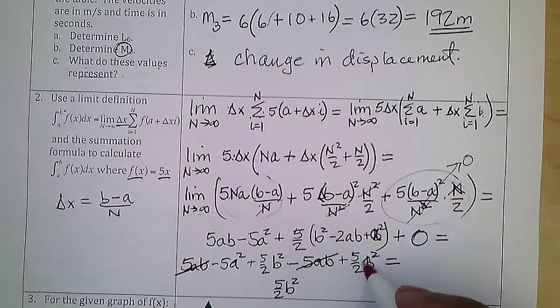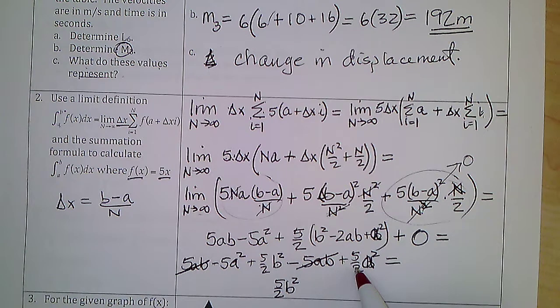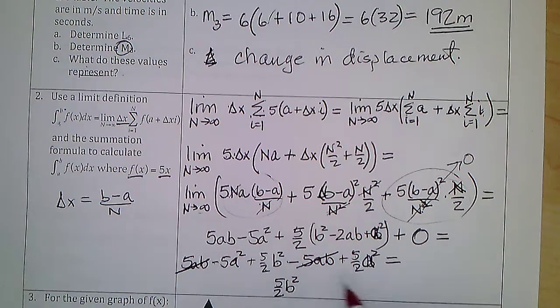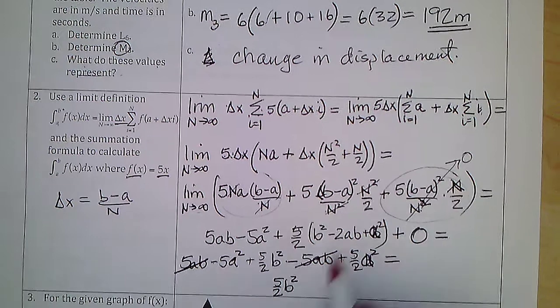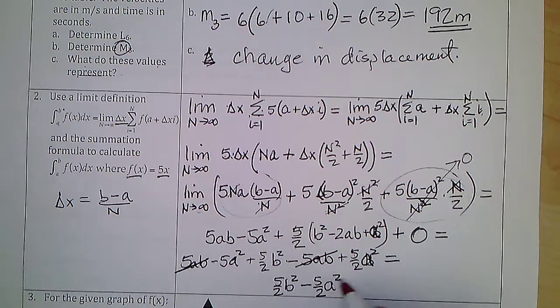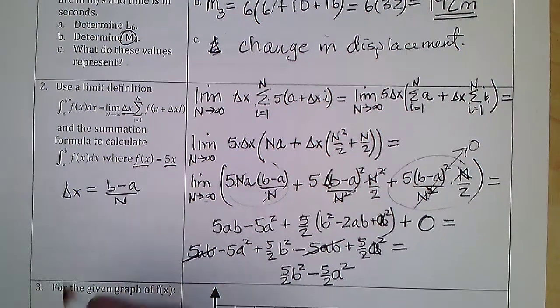That should have been an a. So I got 2.5 b squared and minus 5a squared plus 5 halves, or 2.5 a squared, leaves us minus 5 plus 2.5 is minus 2.5, minus 5 halves a squared,